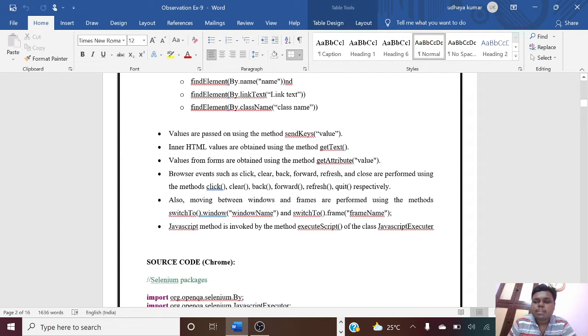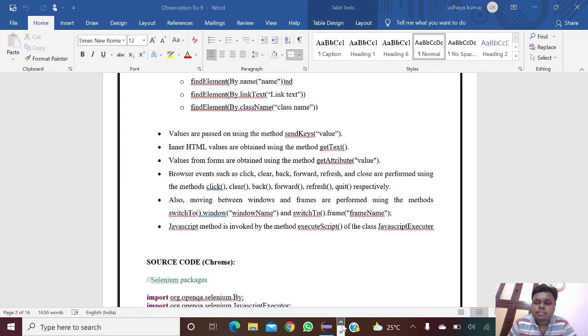Also, moving between windows and frames is performed using the method switch to: switch to window of window name and switch to frame of frame name. JavaScript methods are invoked by the method execute script of the class JavaScript executor.